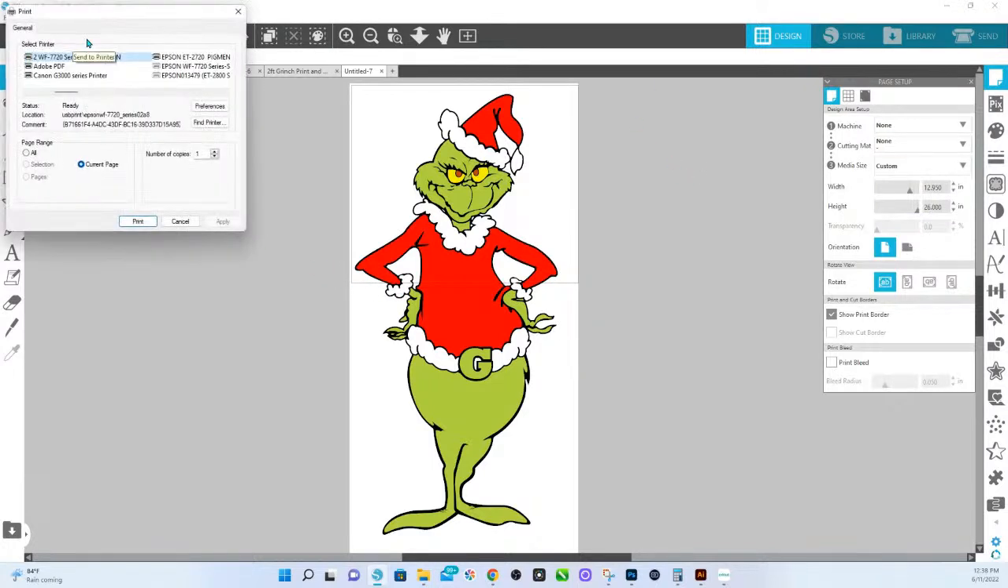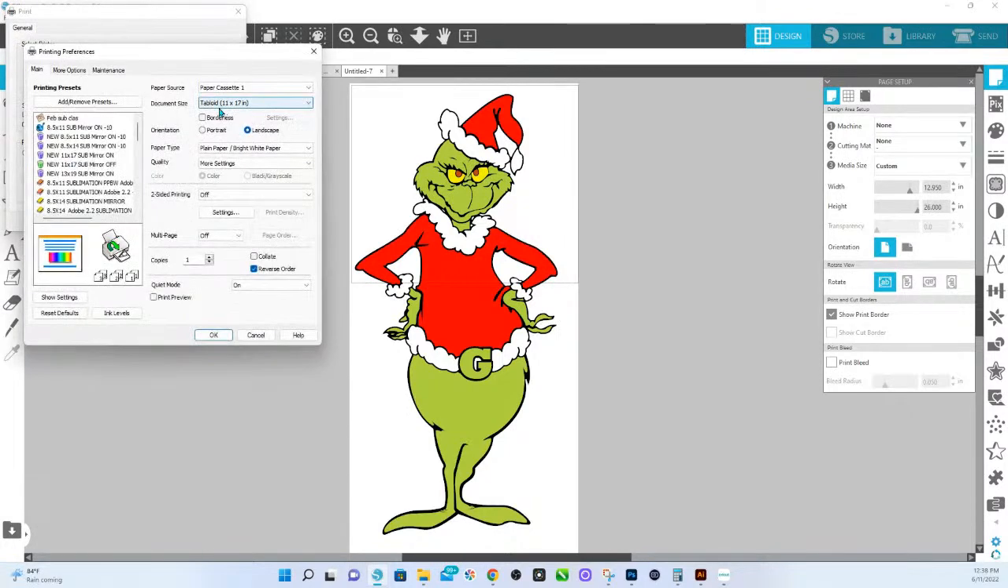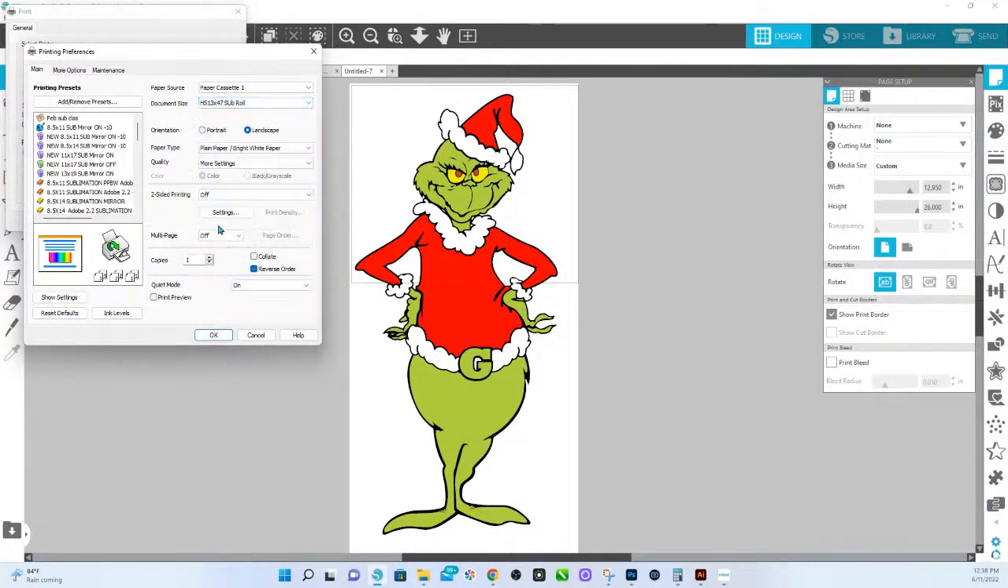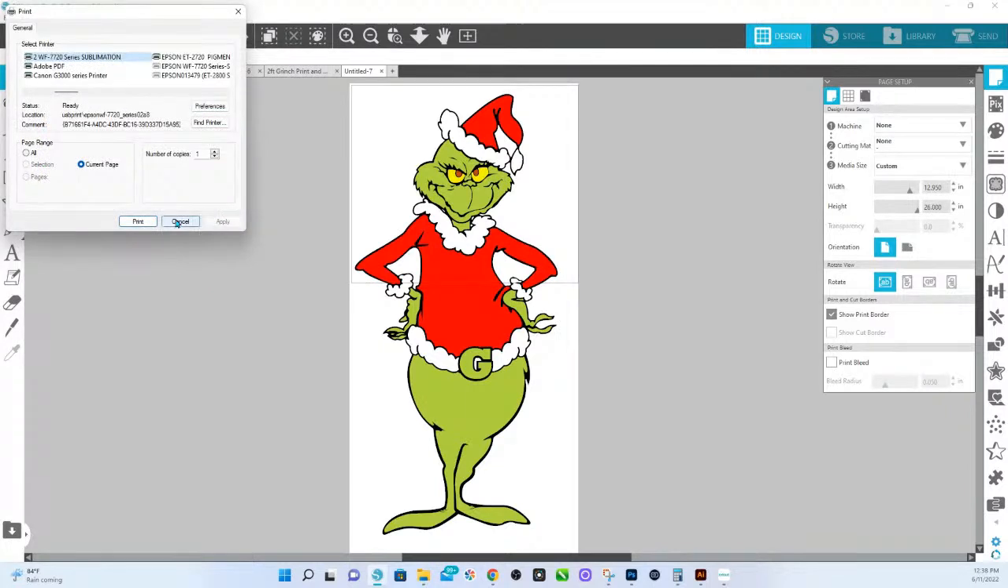But once I go print, I'm going to go preferences. I'm just going to simply choose my tacky paper roll, even though it's not really tacky paper. I'm just choosing that because where it says sub roll, I've already accounted for the longer one. So just watch my video on how to create user-defined settings. I'm just going to hit OK, hit apply, and hit